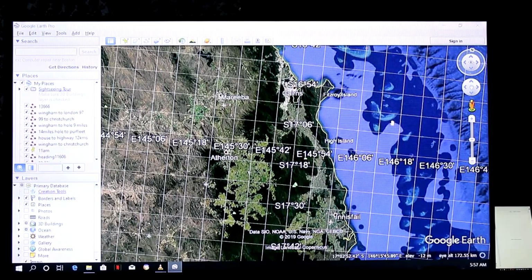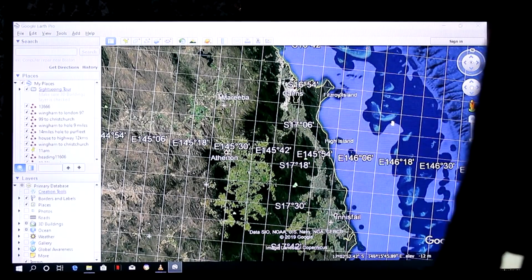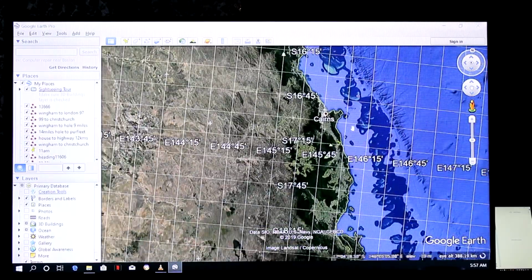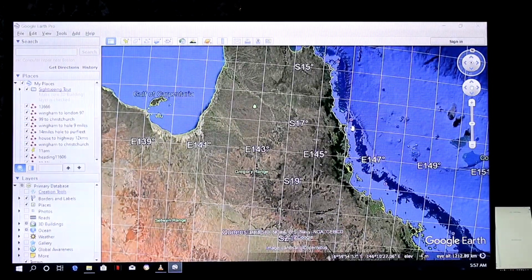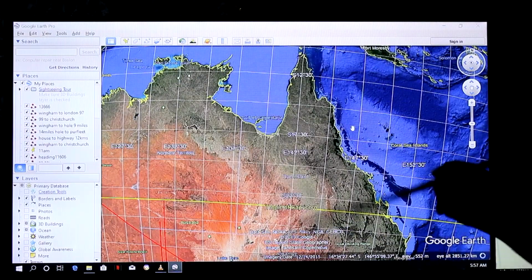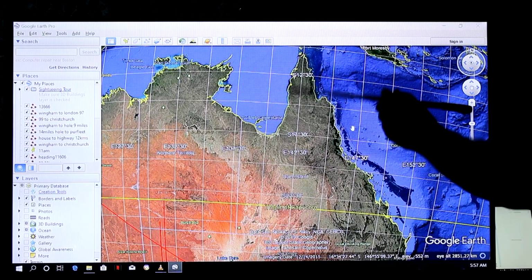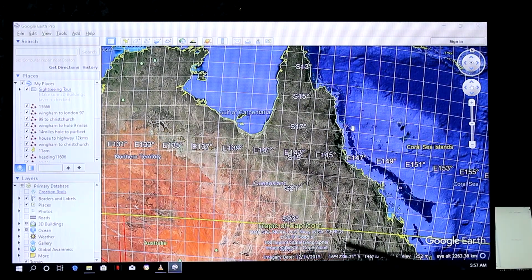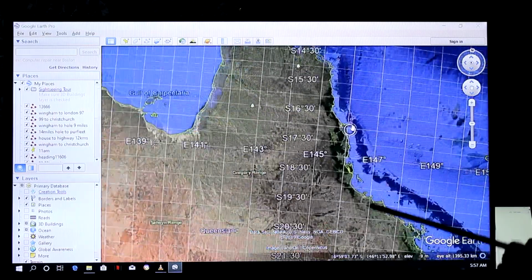Now I'll show you the next thing I wanted to show you. I've just zoomed into part of the east coast, north or far north coast, as they like to call it over here, so that you can see where I am now. Okay, that's where I've got to here. I'm going to go back in here so you can see that that's where the cape is, remembering where our lines were on our rock. If I come in here now,